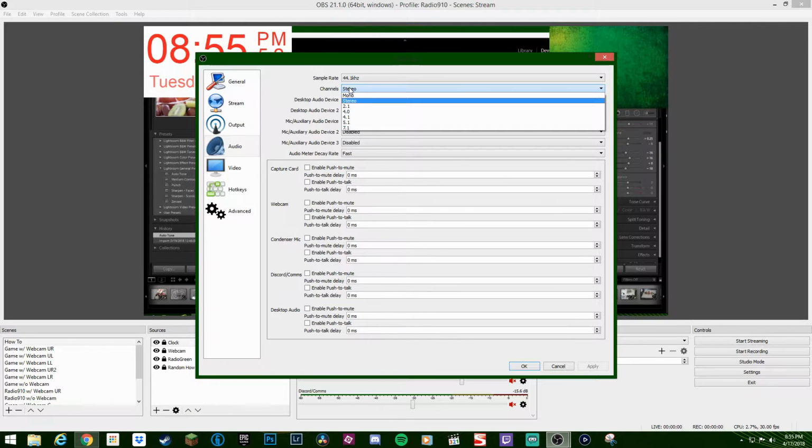So channels: mono, stereo, 2.1, 4, 4.1, 5.1, 7.1. Now, that means mono is 1, stereo is 2. So if you think of headphones, they are stereo outputs. There's a left and a right. A mono, depending on basically the cable or how it's outputting,